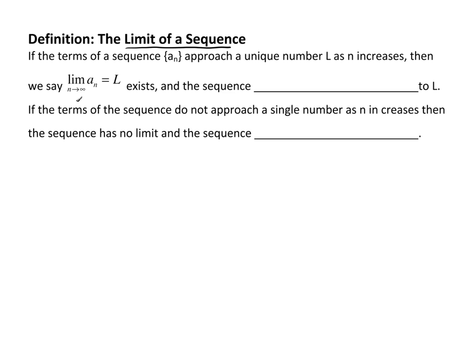This should look familiar. We would have done this before, like the limit as x goes to infinity of f of x equals L. It's the same idea. We say this limit exists, and the sequence is said to converge. So the sequence converges